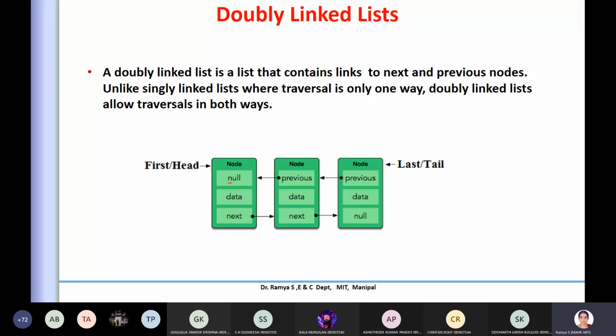So always for the first node, the previous part will be null, and there is a data provision and it will store the next value. Now if you come to the end node, there is a previous value, and the next value will be null. And if you compare with your singly linked list, you don't have the provision for a previous value, and the rest remains the same.